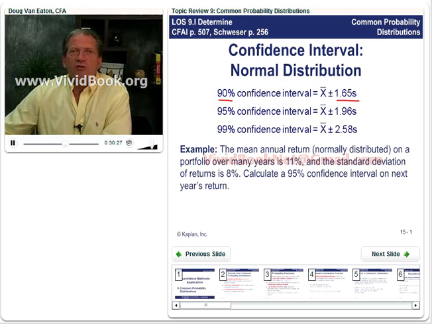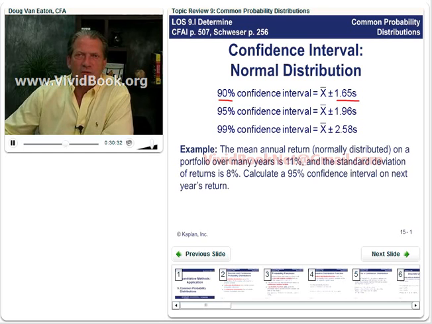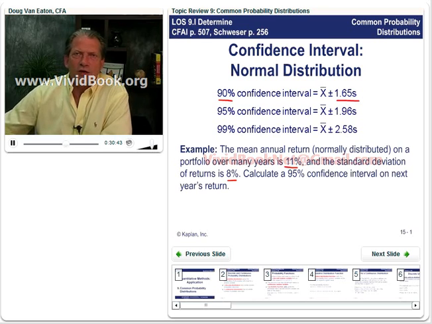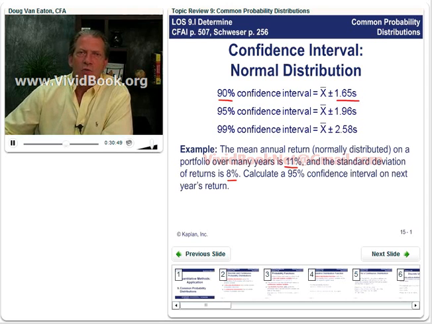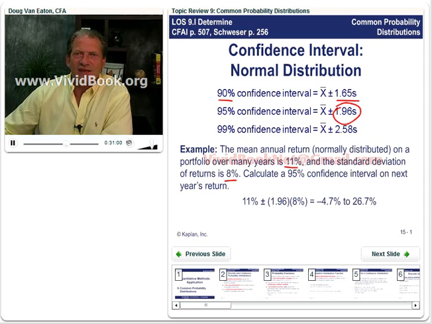So take a look at this example. The mean annual return, normally distributed, on a portfolio over many years is 11%. And we know the standard deviation of returns is 8%. Calculate a 95% confidence interval on next year's return. Well, when we want 95%, we've got to go 1.96 standard deviations. We know the standard deviation is 8, and we know the mean is 11. So let's start with 11 and add and subtract 1.96 standard deviations, and we get an interval from minus 4.7% to